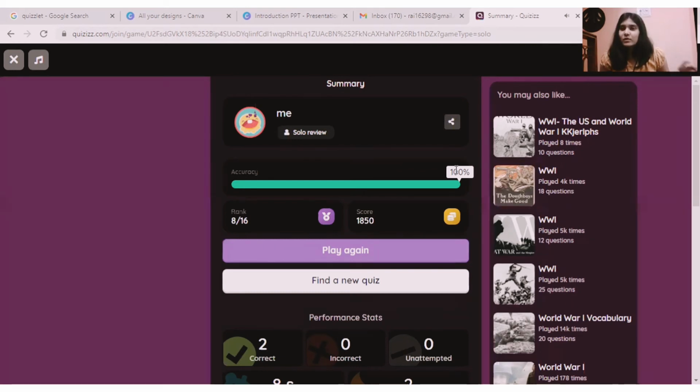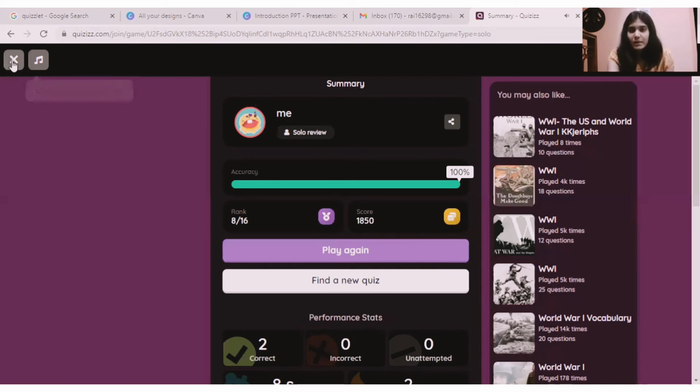Unlike Google Forms. What happens in Google Forms is, obviously, if you're creating it for a more formal thing, then you can use Google Forms. But these kinds of quizzes are more interactive and interesting for the students to participate in, because they'll be seeing the marks of their classmates. So that is how you can make your class more interesting, and you can communicate, and you can even teach a lesson through this if you go to the pro version of this. So that's about it.